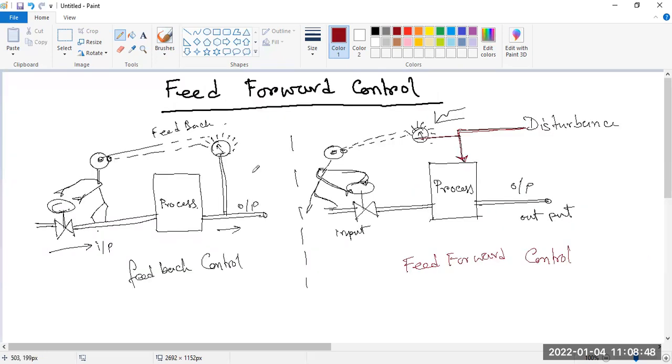In the feed forward control action, only the operator, or you may say the controller, can measure only the disturbance. So as per the disturbance, this controller or operator can control the input only. But in your feedback control action, you can see the operator or controller